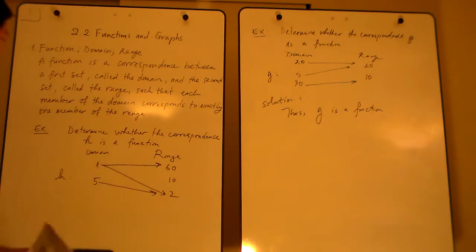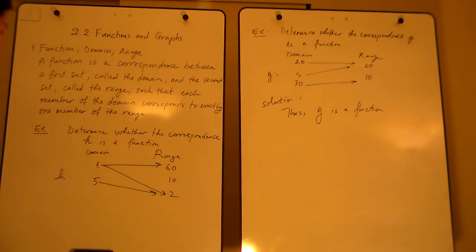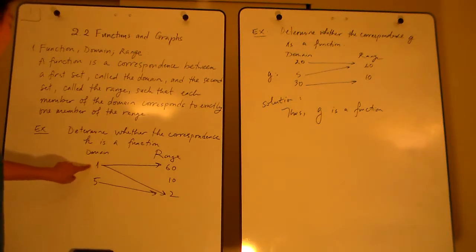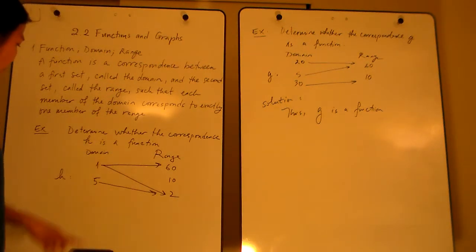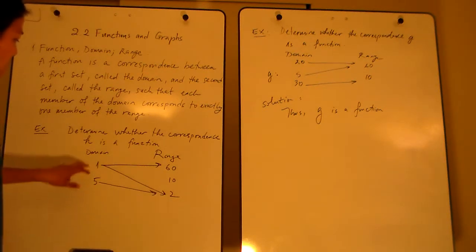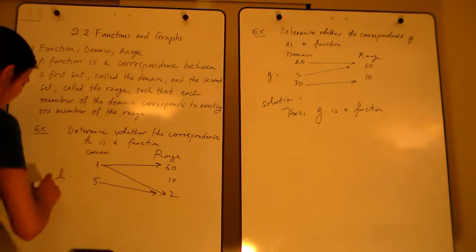Okay? Same idea. Let's start with 1. How many members does this one in the domain map to in the range? It maps to 2, right? Uh-oh, that's not good. The most it can match to is only 1. Because this one right here already maps to more than 1 member of the range, we'll say that